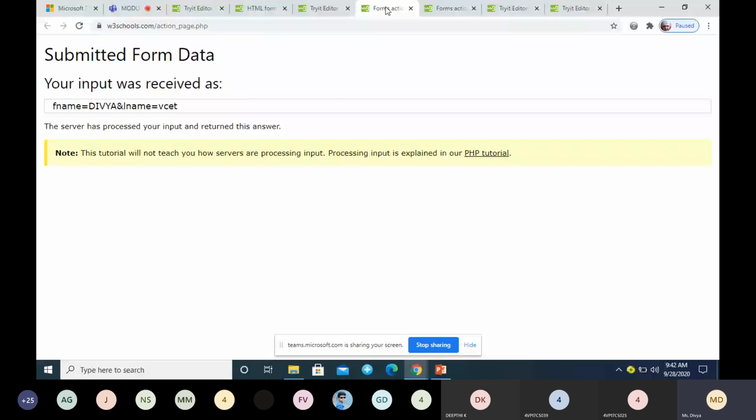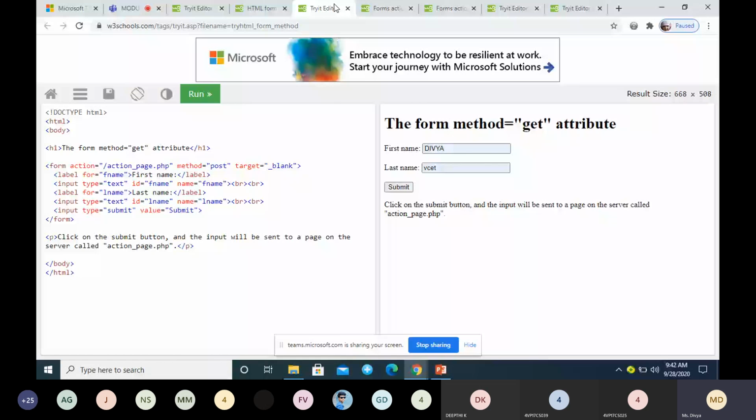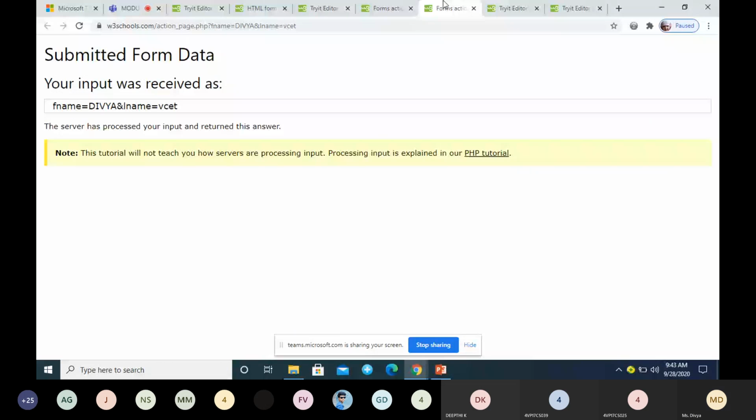Can anybody tell me the difference? Clearly look into the page and tell me the difference. This is method equal to get, and this is method equal to post. What is the difference?